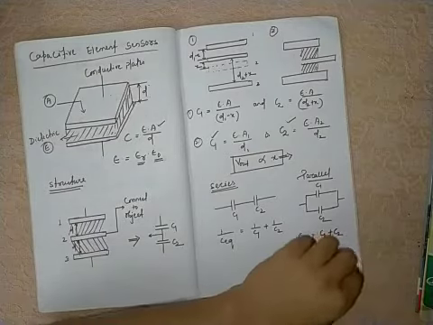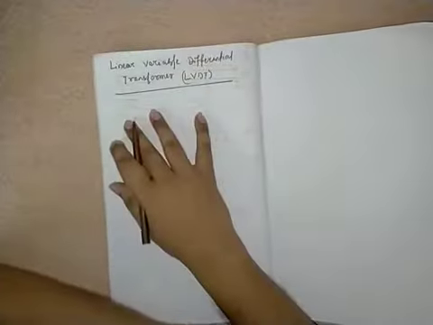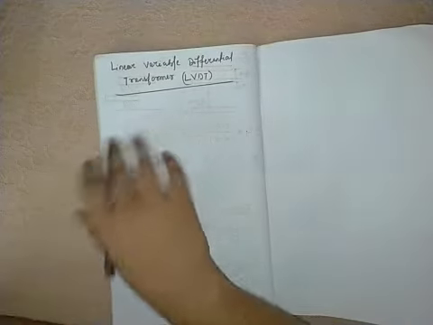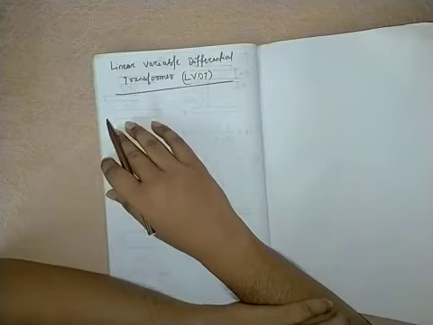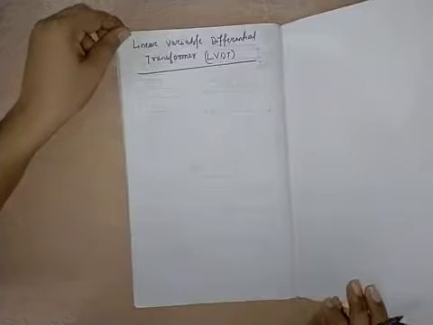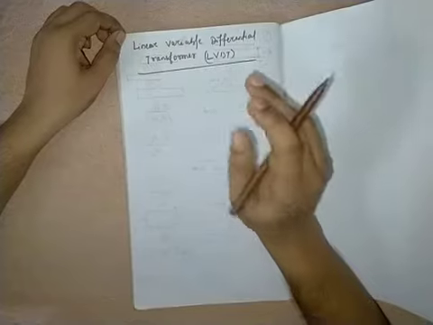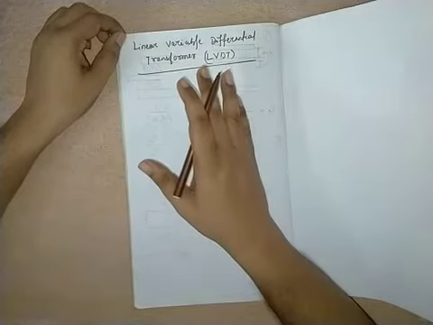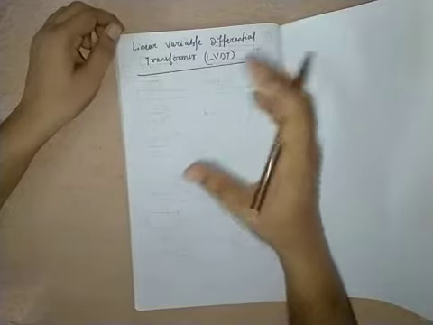Okay, next we will go to the LVDT, that is the linear variable differential transformer. Look here students. Now we will study the LVDT. What is the use of this LVDT? It is used for the measurement of linear displacement, as in the case of capacitive transducers or capacitive element based sensors. So let's first look at the structure of the LVDT. Let me draw the figure first.